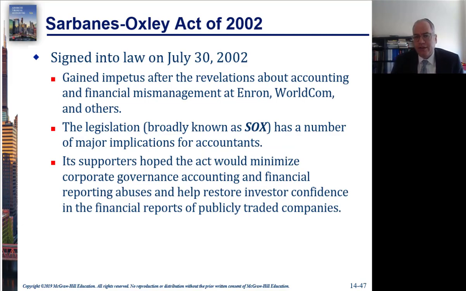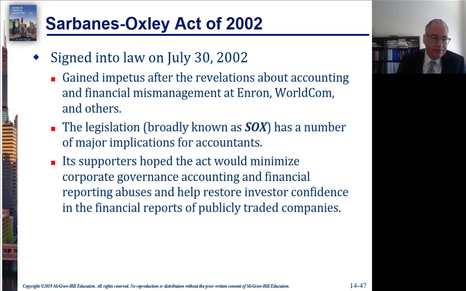The most important of recent years is the Sarbanes-Oxley Act of 2002, and this came about after the Enron fiasco and WorldCom and a few other scandals after that. There are some very, very important implications in Sarbanes-Oxley for accountants. The goal was to improve the role of corporate governance and also to somewhat restructure the environment of self-regulation in accounting. Before that, public accounting firms were completely self-regulated through the AICPA, and Sarbanes-Oxley redid that to create more external accountability